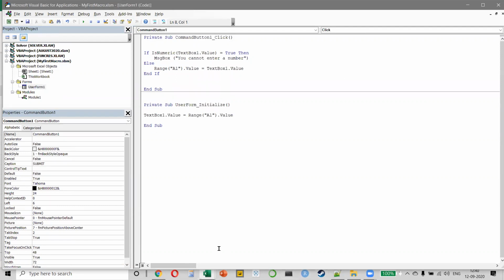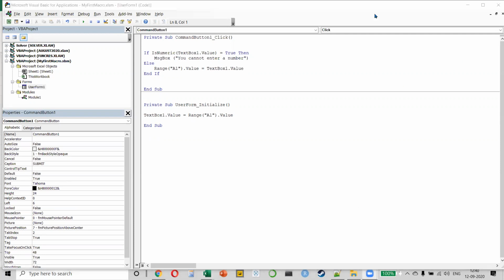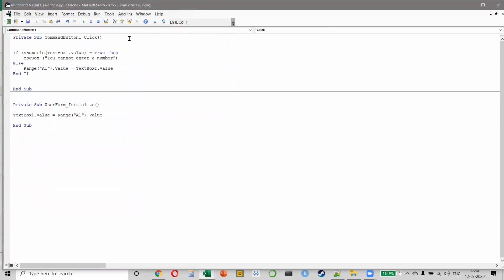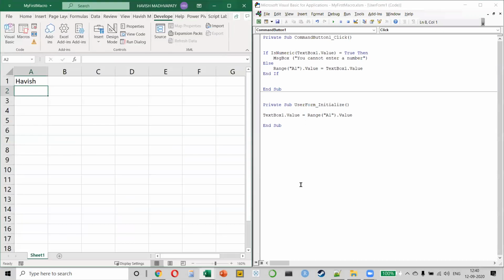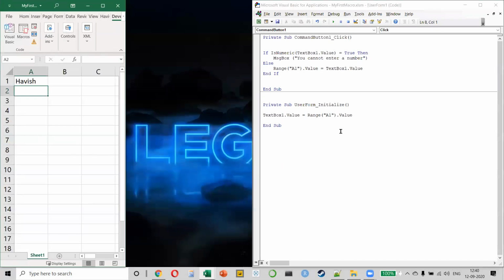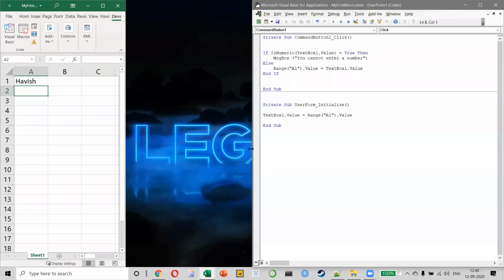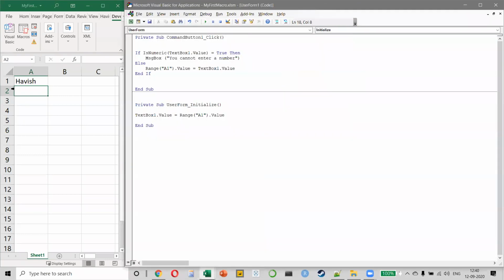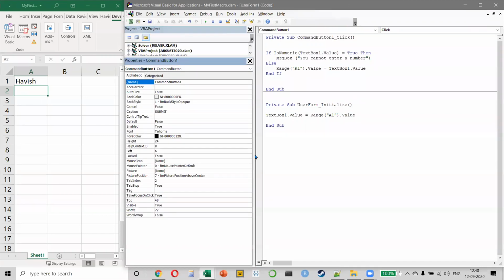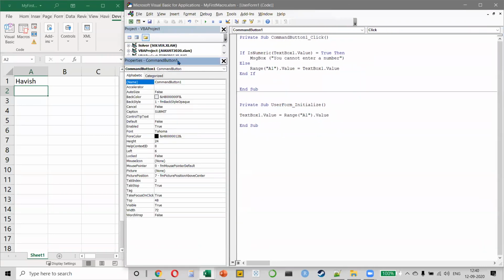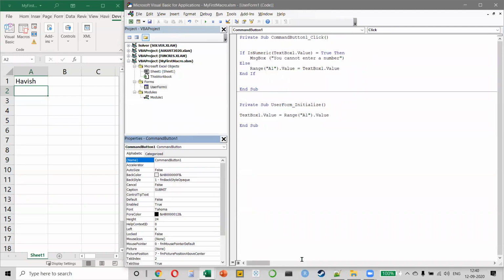Okay, there's a question. Let me see that. If you have to fill 2000 cells, then will we be writing the code every time? So a very good question. So everybody, let's take an example. Let me show you both my screens so you can understand this properly. Now see, sometimes you want to write a number from, let's say, 1 to 100, right? But you obviously don't want to write it 100 times. So how will you do it?